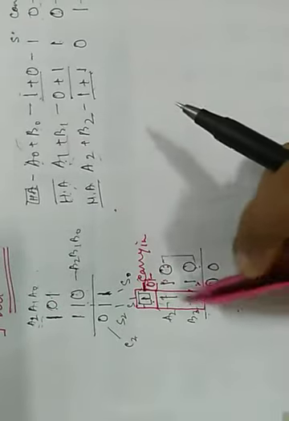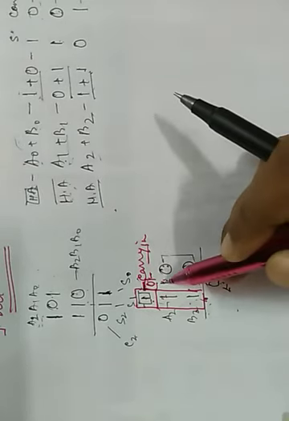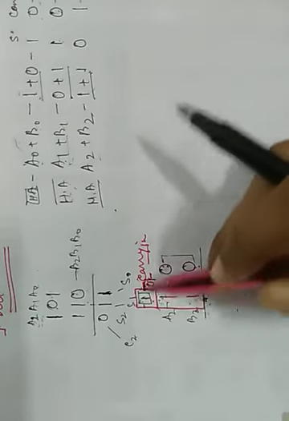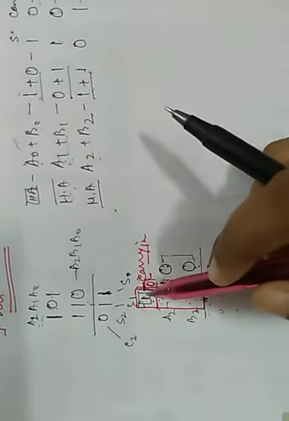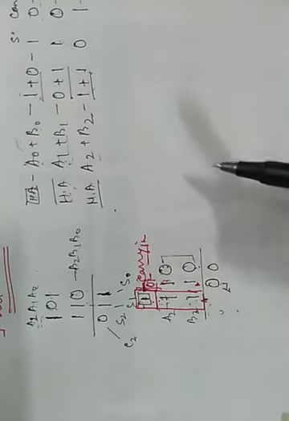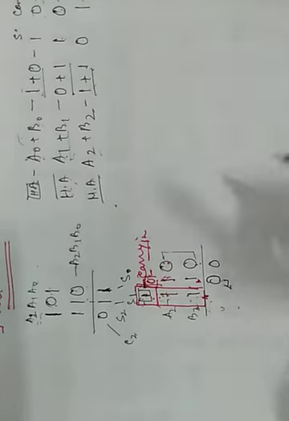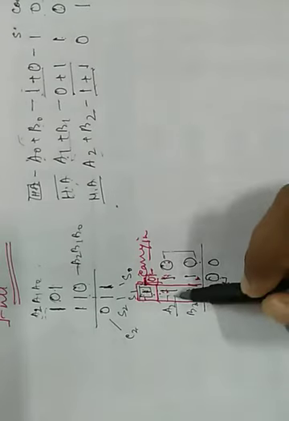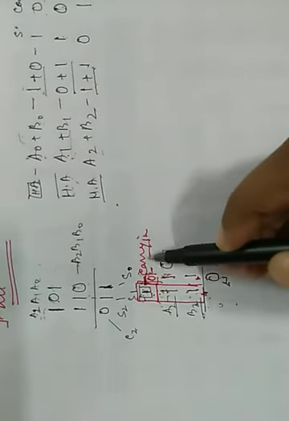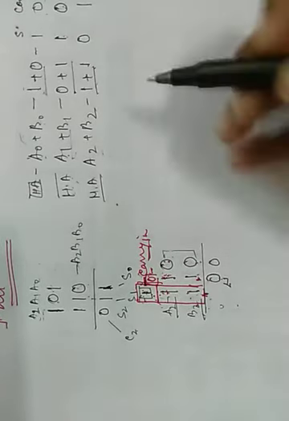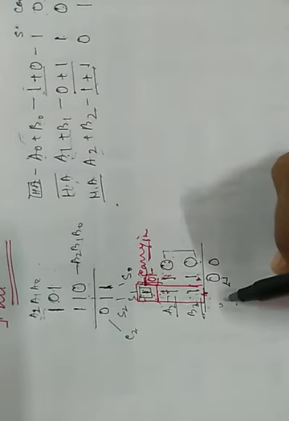But in the addition, if the carry in, that means if in the addition of any previous 2 bits there is a carry 1 which comes to be added in the next bit, then there is a problem of addition of 3 bits. Then comes the concept of full adder. Full adder is used to add 3 binary digits, where 2 bits are from the 2 numbers and the other is the carry in which comes from the previous number. Anywhere you can use this concept of full adder.